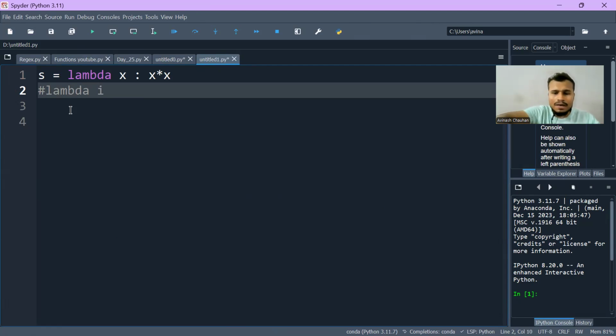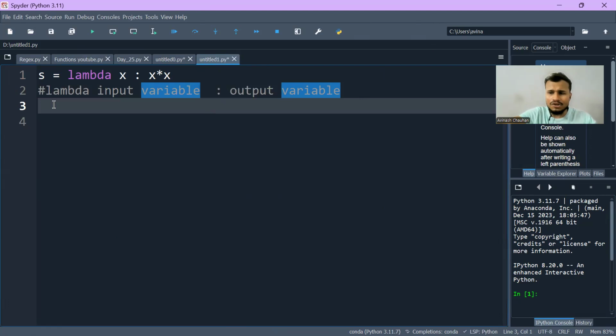With lambda there will be an input variable, and that input will be separated by a colon, and similarly our output will be there. Let's take a variable name here: the output variable will be there, right? So for example, if I am defining a function,